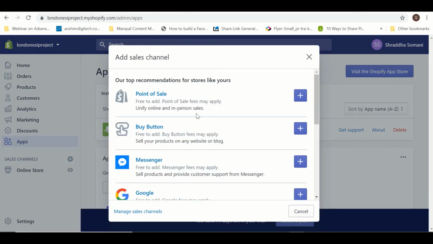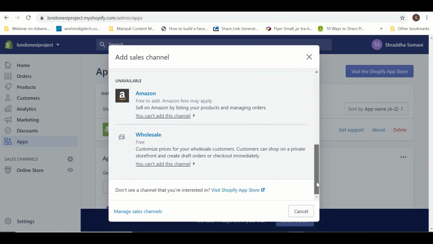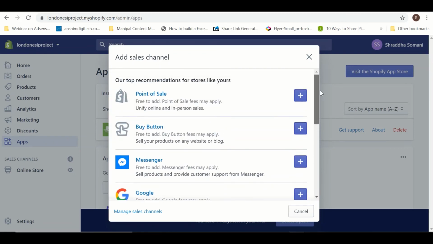Now, what do we have for online sales channels? That means if I want to integrate any third-party channel, I can integrate that also. For example, if I want to integrate Facebook or Instagram, I will add the Facebook option. I need to integrate with my business account of Facebook, so my Facebook should have a business account. Same I can do for Amazon, right? So this is a point of sale, I can integrate a buy button and apply that button to a particular website or blog. This is important for affiliate marketing, right?